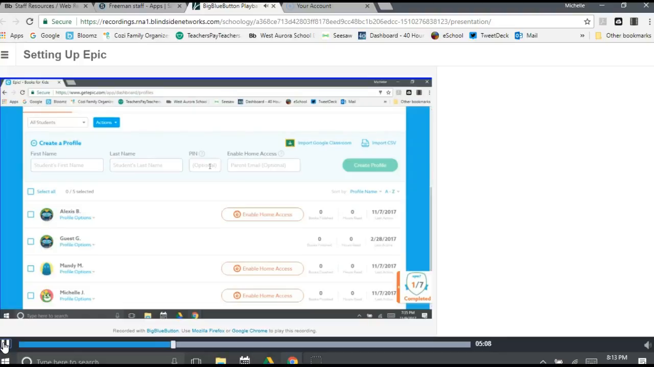You can also enable home access with a parent email if that's something that you choose to do. Parents can get a home account for $7.99 a month, and with that they get 4 different profiles. You can print out flyers and send those home if you like. I really just leave this alone unless a parent decides on their own to get it in their household, and then you get a notification,